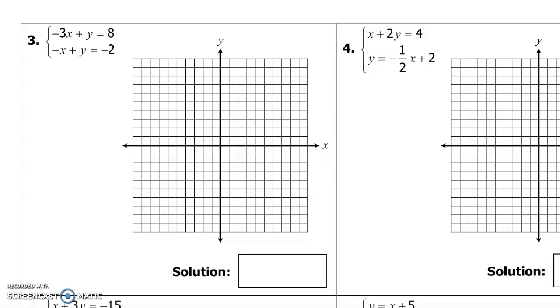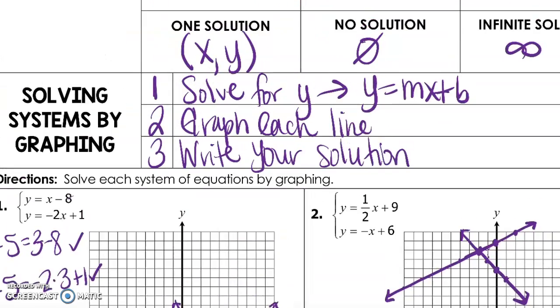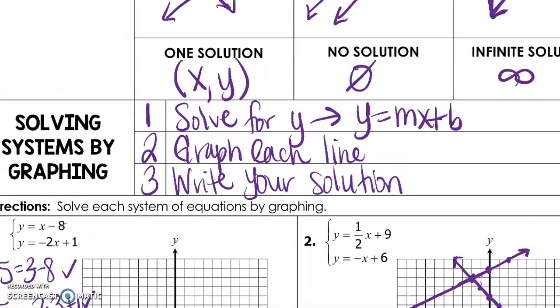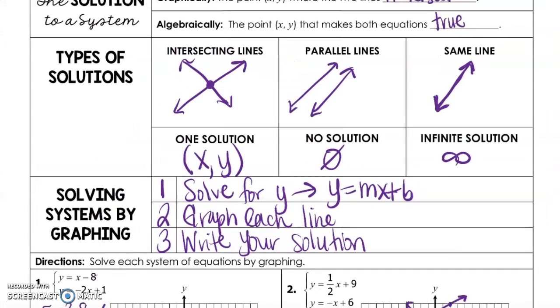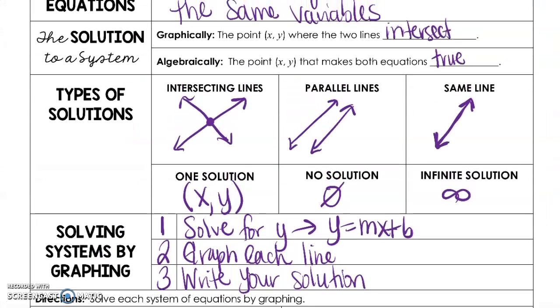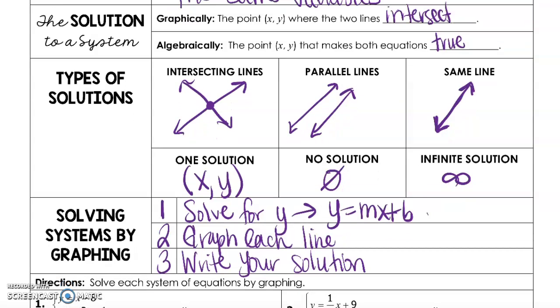This video will cover page 5.2 notes, so I'll show back up to 5.1 so you remember what we're doing here. We are graphing two lines and figuring out where they intersect, or if they're parallel, or if they end up being the same line. So as you'll see, when we start with number 3, you are going to have to do step 1